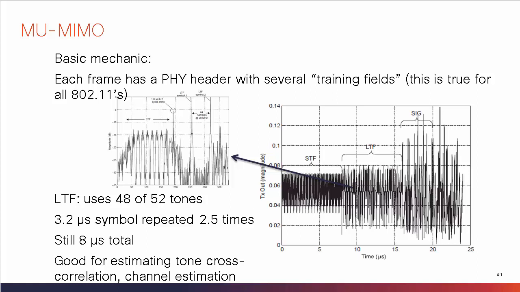we send next what we call the long training field. And the long training field is expanding the transmission to 48 of these tones instead of just 12. And here again, we're going to send a well-known pattern a certain number of times. And because this time we